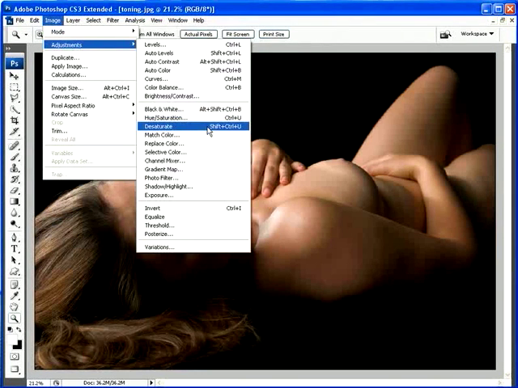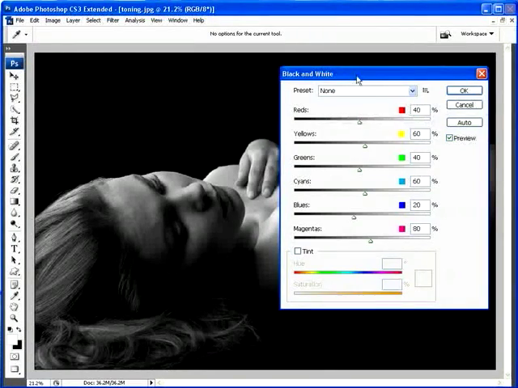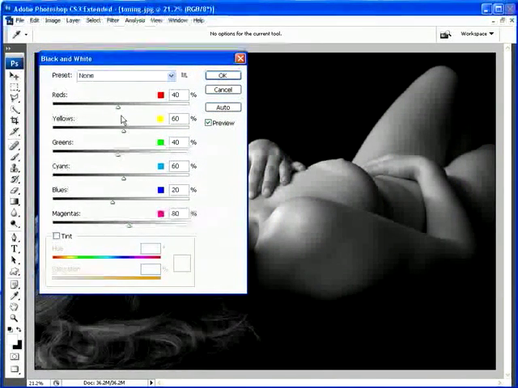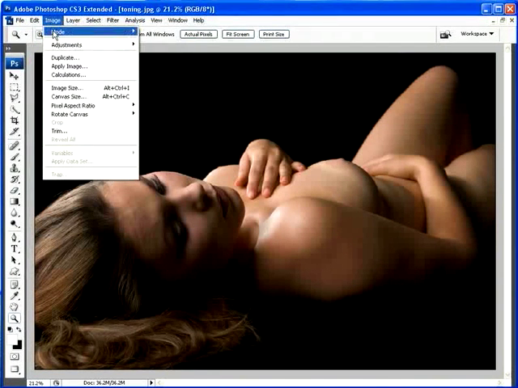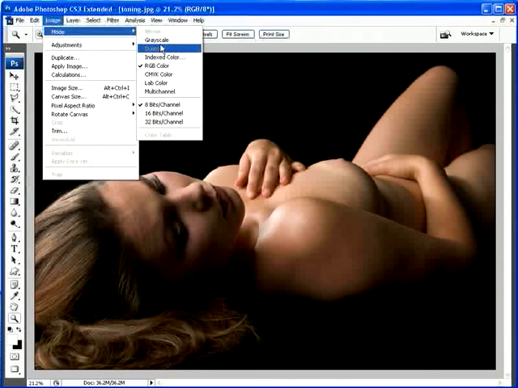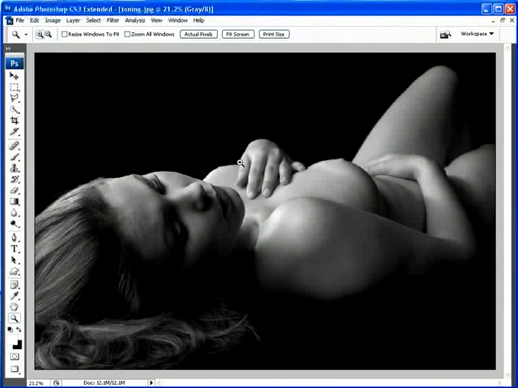Or if you need to control the black and white a little bit more, say your image isn't so well lit and the contrast isn't as good as it could be, you can create a black and white image by using these colors here. For example, we've got very warm colours in the shot, the reds of the girl's skin for example, so we could lighten those up a little bit just to bring more attention to those and keep a contrast between the highlights and the shadows. So you can tweak the image this way, but what we'll do is we'll go the conventional way and just ditch the image's colour by going to Grayscale. But it's nice to know you've got some more complicated options like the convert to black and white option that we've just looked at. So let's discard the colour information by clicking here,